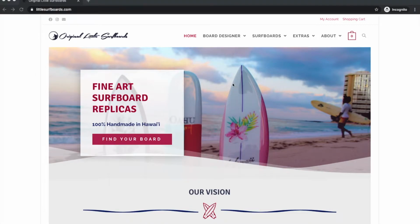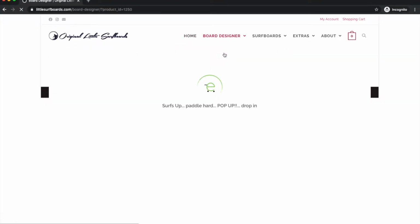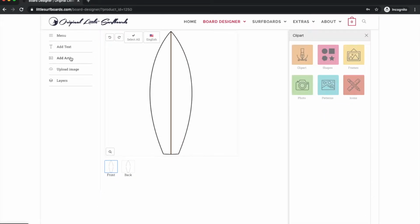Okay, time to get experimental because this thing is kind of like a video game. So, if we're here on the board designer, instead of going to the rail one that we typically go to, I'm going to click on short board here, and it's going to give me just the plain base model shape of our standard board. And what we're going to really look at is on the add art section here on